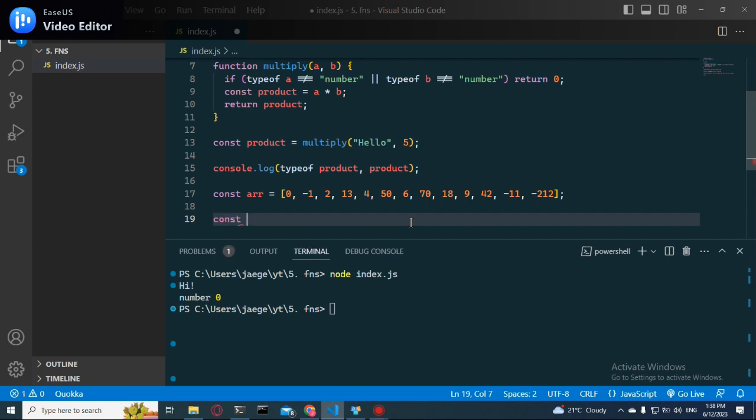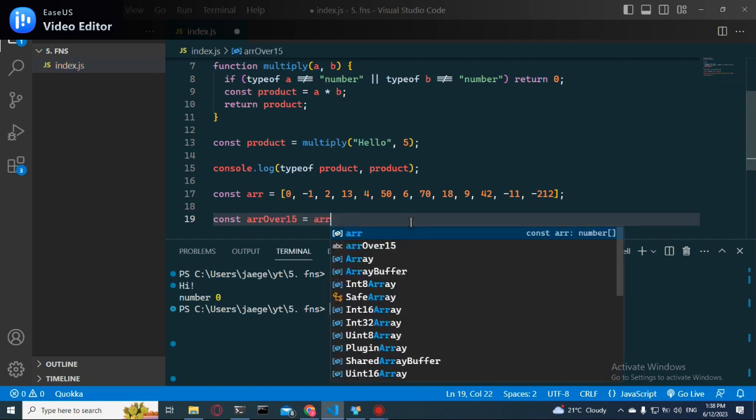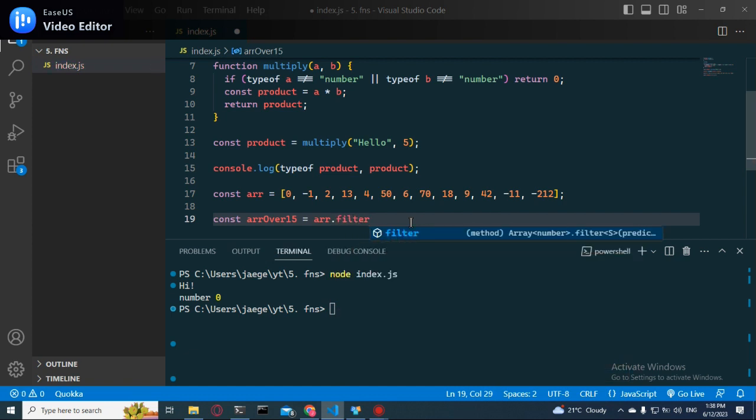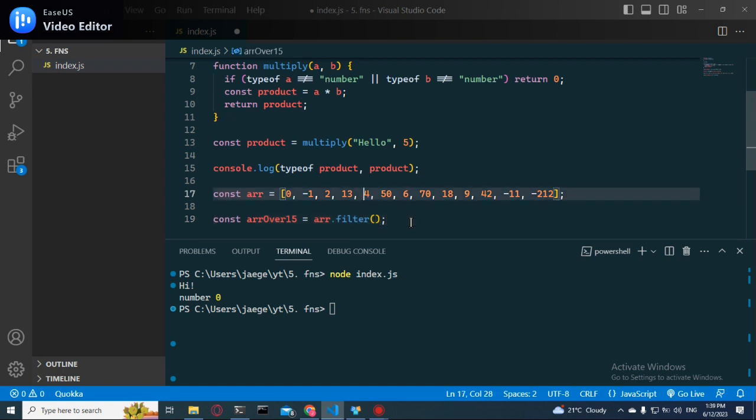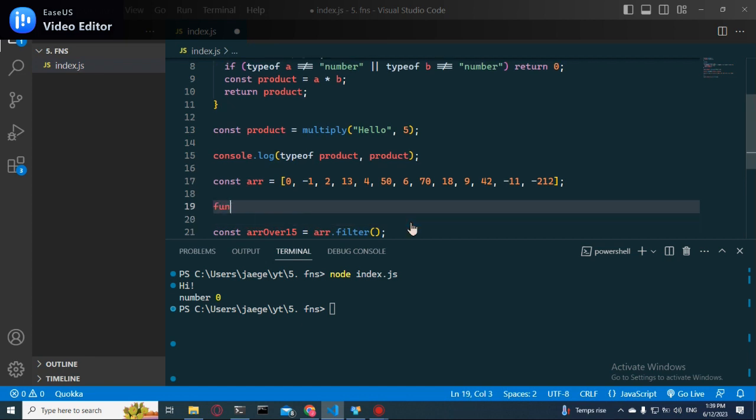So let's just say arrayOver15 is this array dot filter, and the filter method basically requires a function as an argument, and that function takes the element here, one of these, and checks the condition we provide for each element, and simply gives us back the list of all those that pass it. So in this case we could create a function